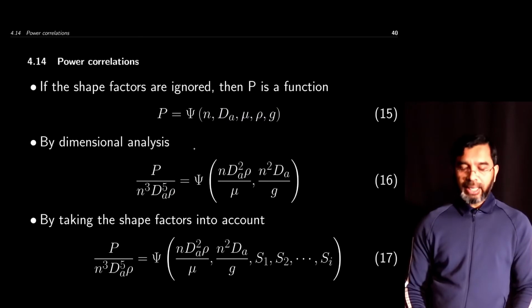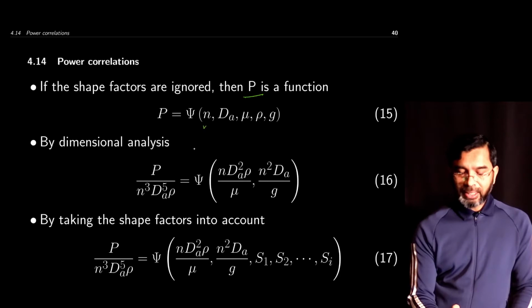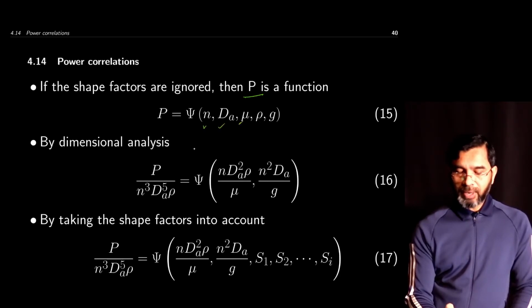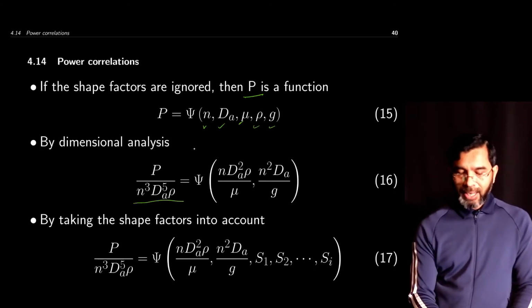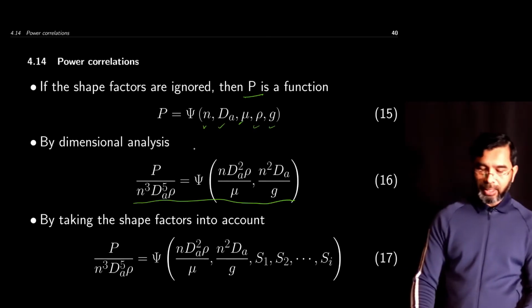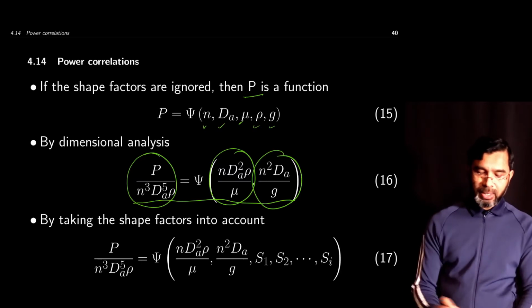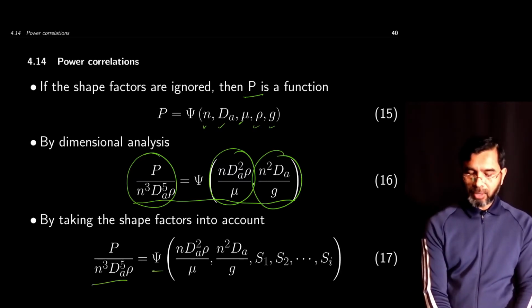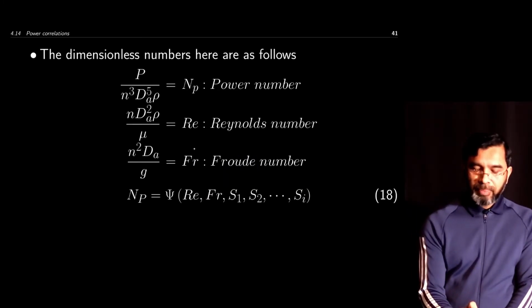Now, if the shape factors are ignored, power requirement for an impeller is given as a function of the rotational speed, diameter of the impeller, viscosity of the fluid, density of the fluid, and gravitational acceleration. Now, by dimensional analysis, we can find a relation by combining the variables to get some dimensionless numbers. And in doing that, we find an expression of 3 dimensionless numbers. And if we take the shape factors as another dimensionless number, so this left side becomes a function of this set of dimensionless numbers. Now this dimensionless number here, P over N cube dA5 rho,